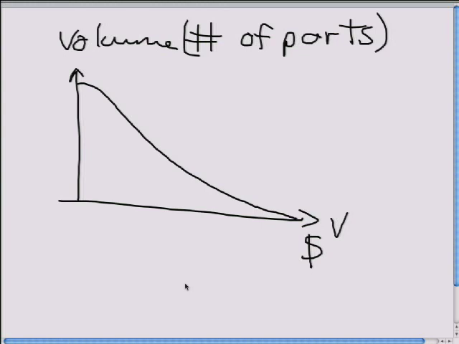You can charge much higher prices for things that are out here in the lower volume range. So very highly customized instrumentation systems, maybe you're designing an instrumentation system for the Large Hadron Collider, okay? There's not going to be 100,000 of those, okay? In fact, there's never going to be more than one. So you don't want to spend a lot of time on the